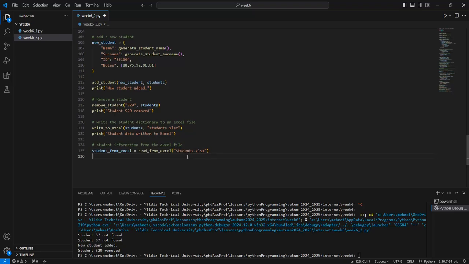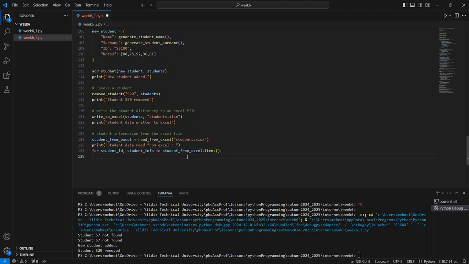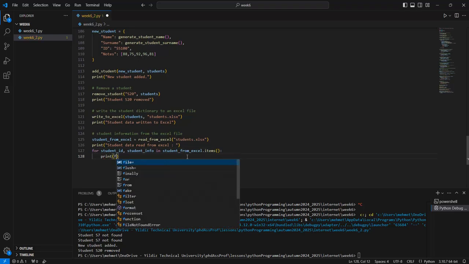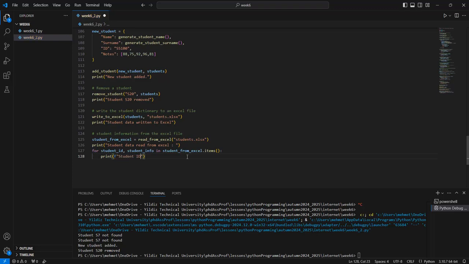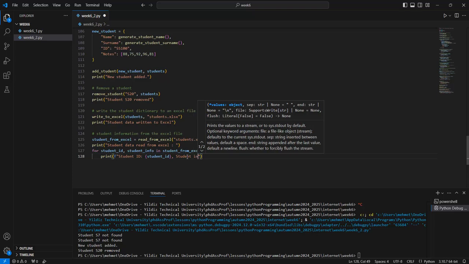Okay, we need to give it the print so the student data read from Excel can be seen on the terminal page just like this one, the student ID, student info in student from Excel items. Okay, and so the print f student ID is student ID, student info,